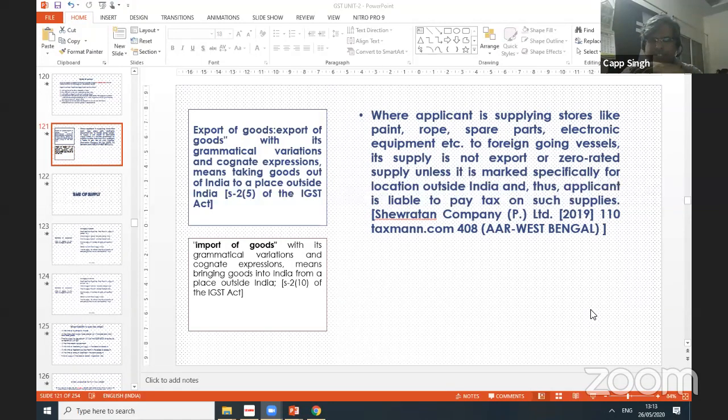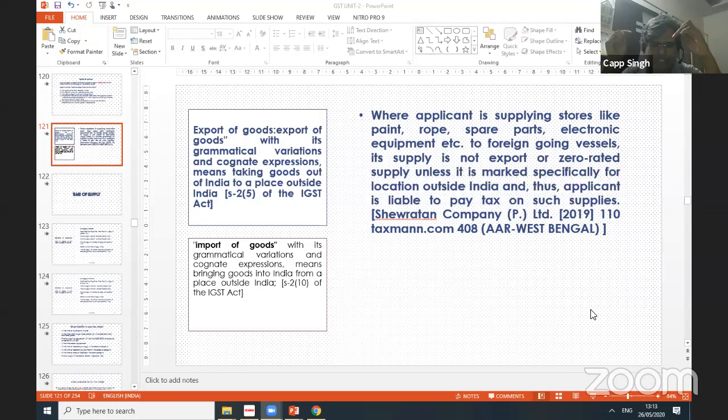If the location of supplier and place of supply are in the same state, then it will be classified as intrastate, whereas if the location of supplier and place of supply are in different states, then it will be classified as an interstate transaction. But some transactions are by default deemed as interstate transactions, where export is classified as interstate,